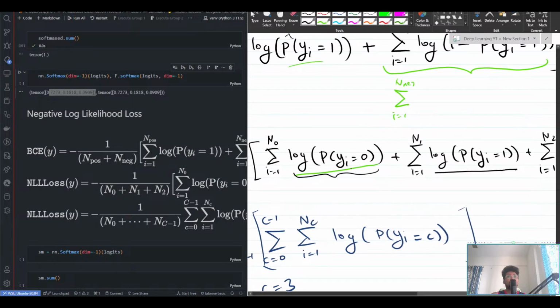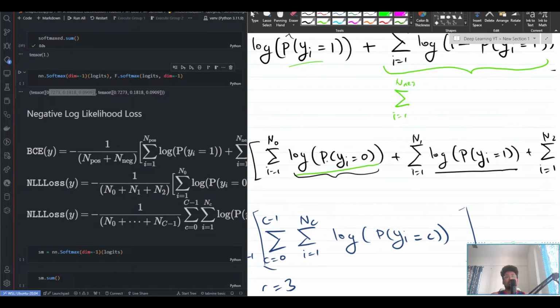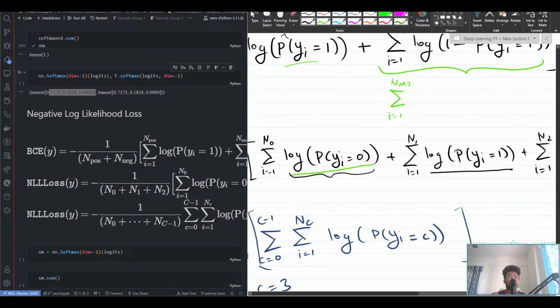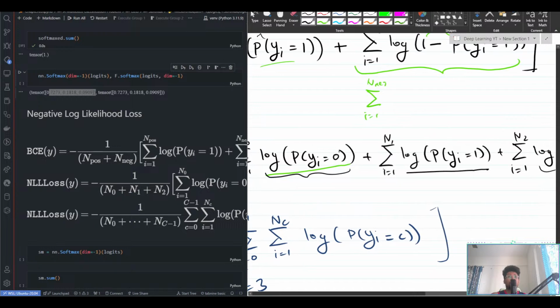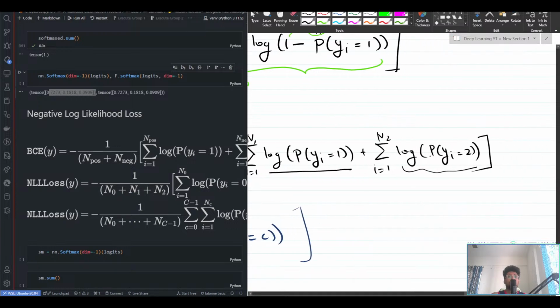In our case, in the scenario that we were in, the actual image is tilted, but our model is saying it's not tilted, that it's a straight line. So that probability is much higher, so this would be a higher value. And if this is a higher value, what happens is, if you know how a log graph looks like,